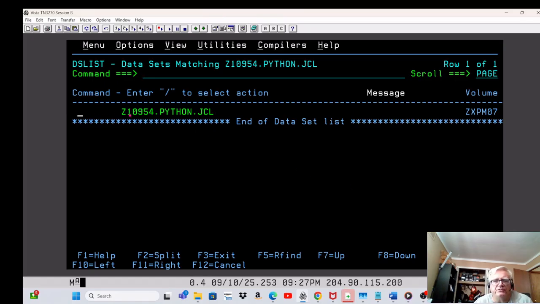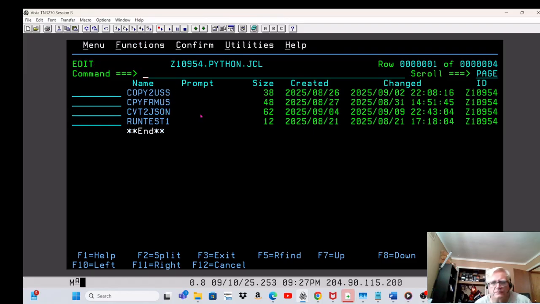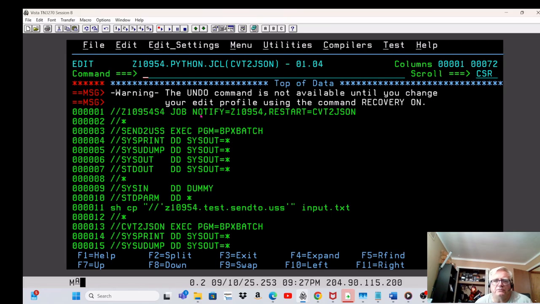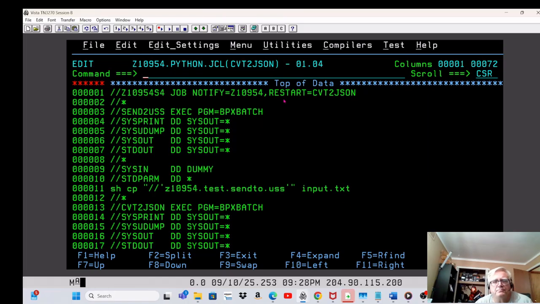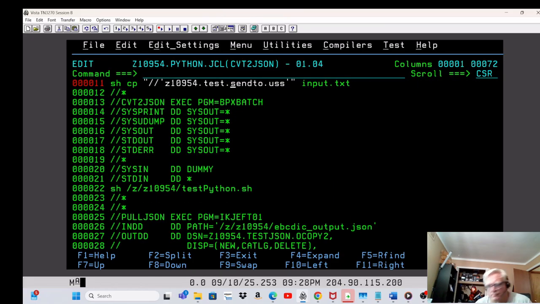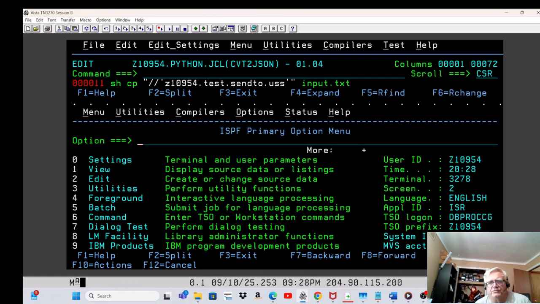It uses Python, z/OS and USS. First, let me give you the overall flow. First of all, I have this file, created on the mainframe, and just to show what this looks like,